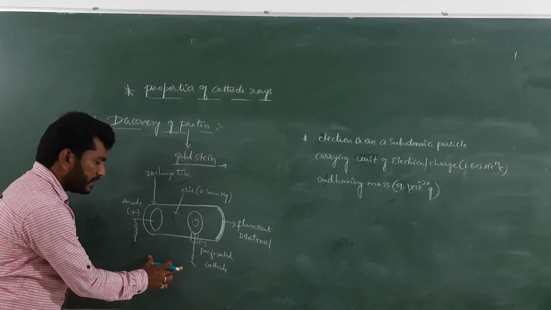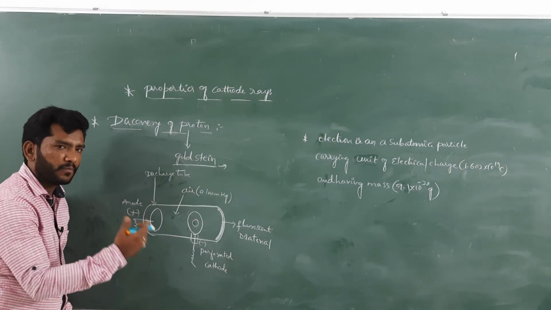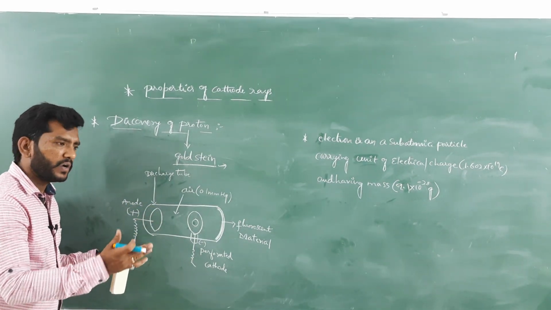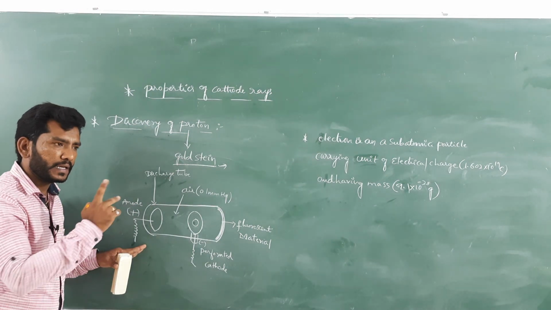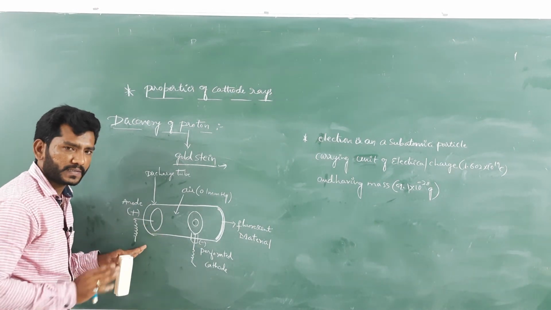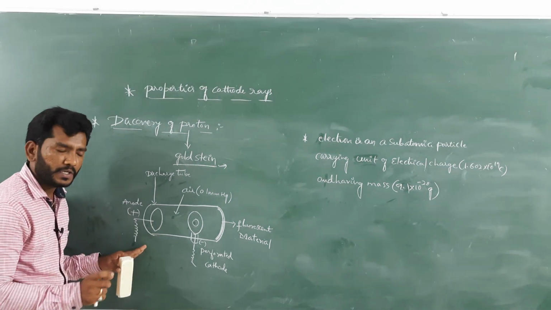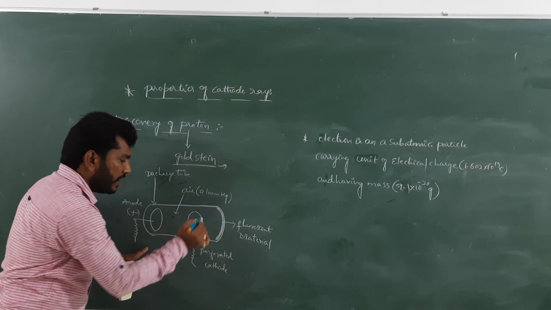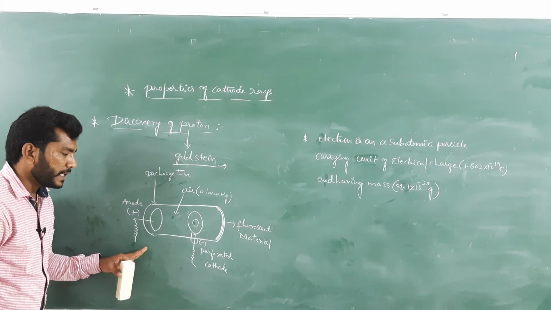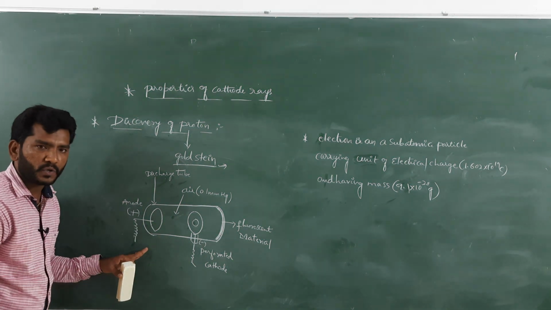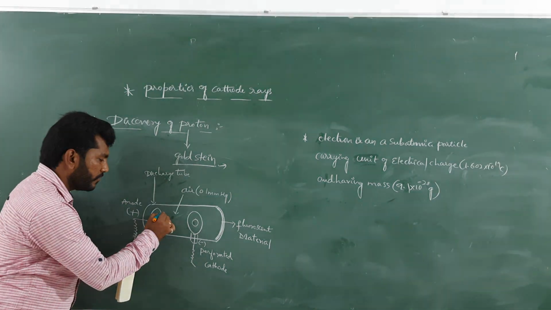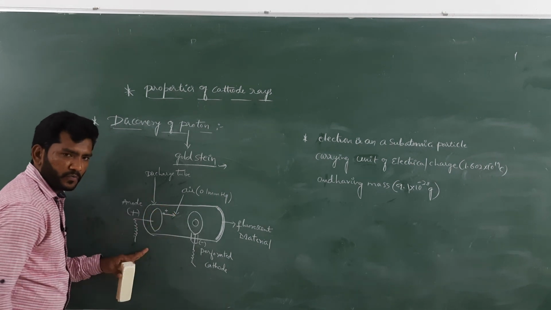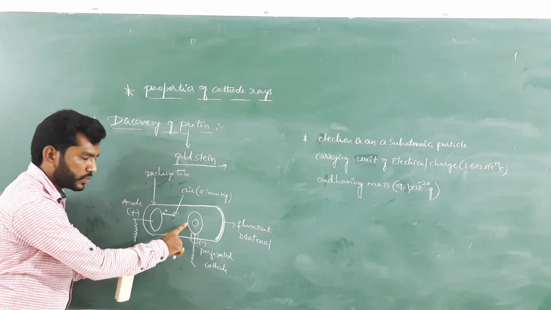With the help of these electrodes we apply the same voltage, that is 10,000 volts. So here also the two criteria of the discharge tube experiment are maintained: low pressure and high voltage, the same scenario. Now, when we apply a voltage of about 10,000 between these electrodes, what happened? From here some invisible rays are flowing, or moving, towards the perforated cathode.